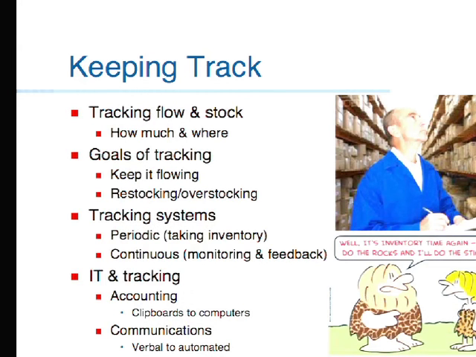So to track it, the fundamental thing is simply clipboards. Clipboards are still used for a lot of stuff, because they're a simple way of keeping track of what's going on. They can be used for flow, they can be used for stock, whatever. Today, of course, more and more things are digitized. They're put in computers where you have a stock of information. And then you've got to get that information to move around from place to place so it can be seen, so it can provide feedback on what's going on in your production system, how fast it's moving, how short your supplies are, and so on. And the ideal is that it be continuous.